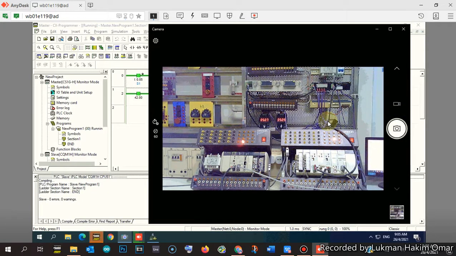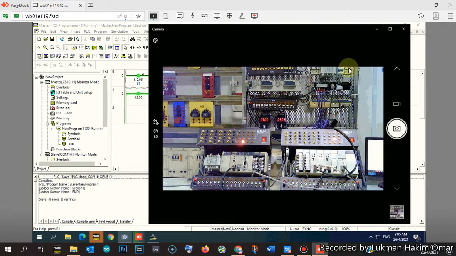Okay, so that is the idea of how to exchange data between two PLCs by using controller link. So in your mini project later on, of course you can make a solution according to the question of the mini project.